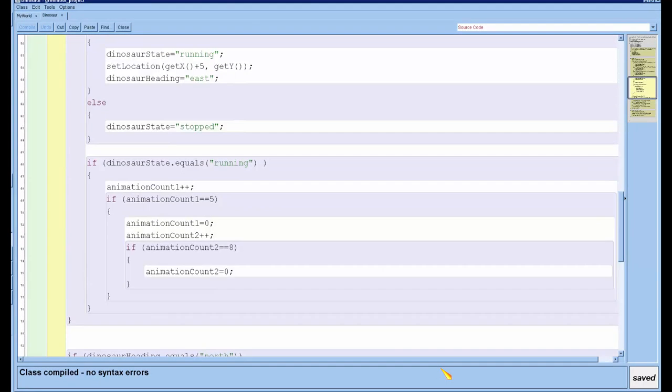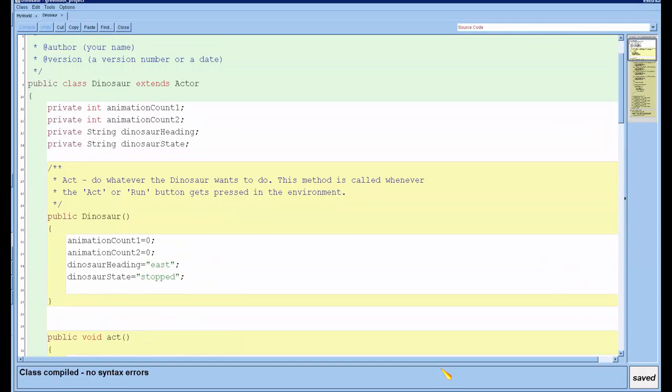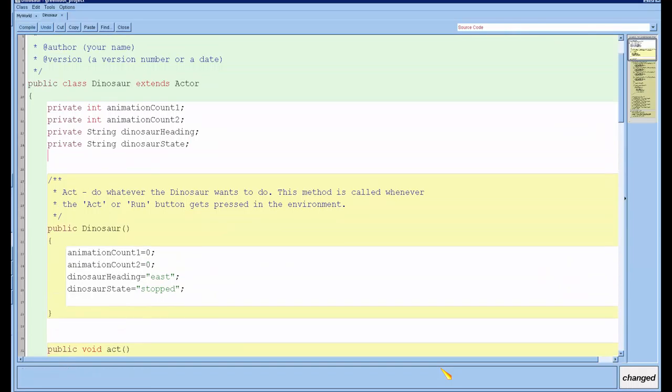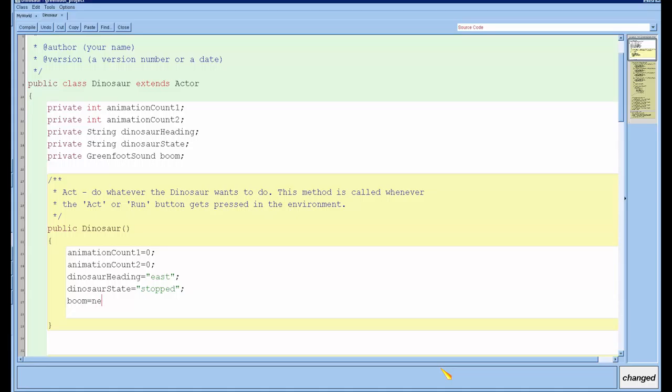So I'm going to say private GreenfootSound boom, and then in the constructor I will say boom equals new GreenfootSound, and what was it called?